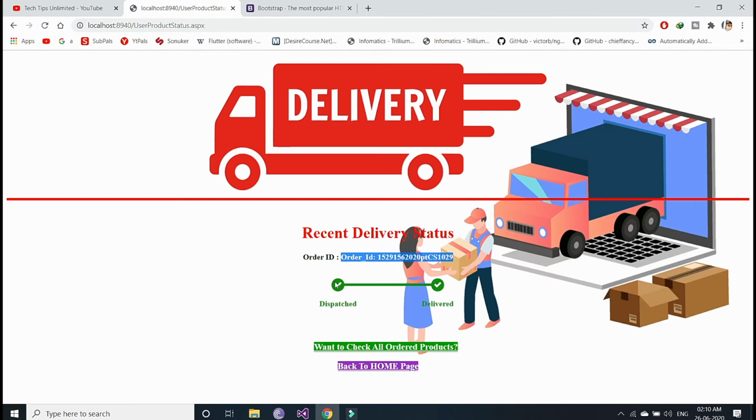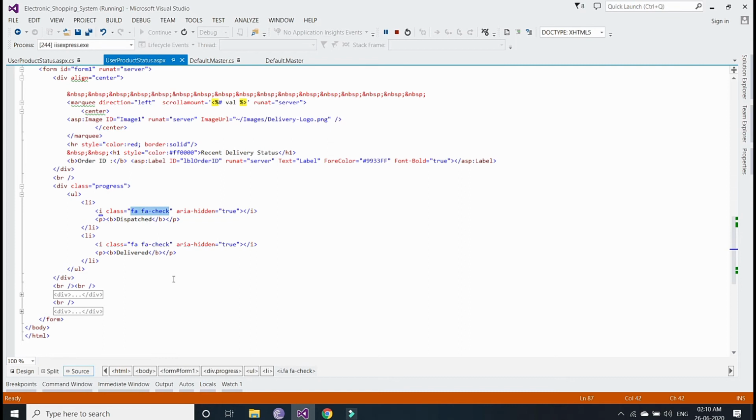You can see here the check icon present inside the circle for the dispatch and for the delivery. For adding that icon I have taken this Bootstrap icon class here, and aria-hidden equal to true. After that, inside this p tag, that is paragraph tag, I have taken one bold tag with the text dispatch.